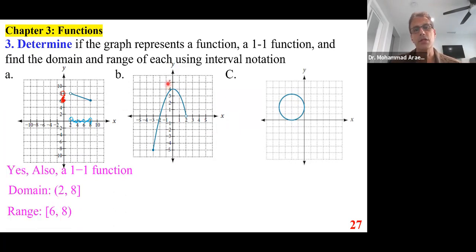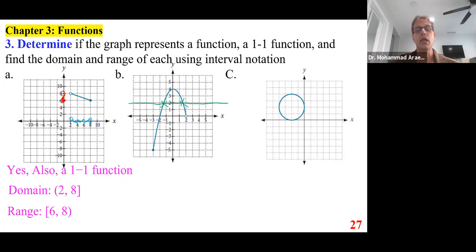Is this a function? Yes. Can you come up with a vertical line that crosses a graph more than once? No. So this is a function. But is it a one-to-one function? Can you come up with a horizontal line that crosses the graph more than once? Yes, of course. Let me just look at this one. Okay. Or let's just, here's one example